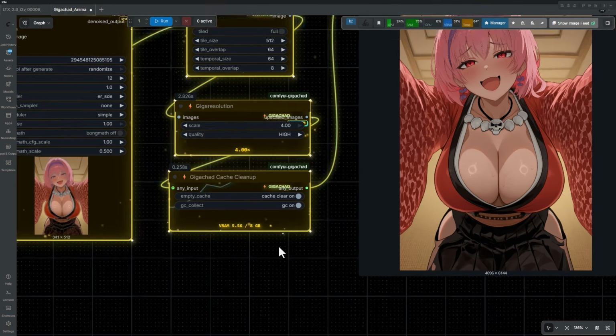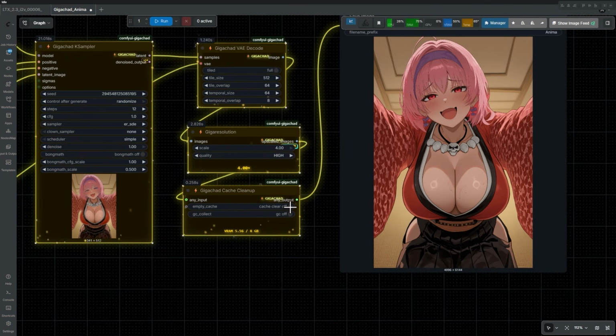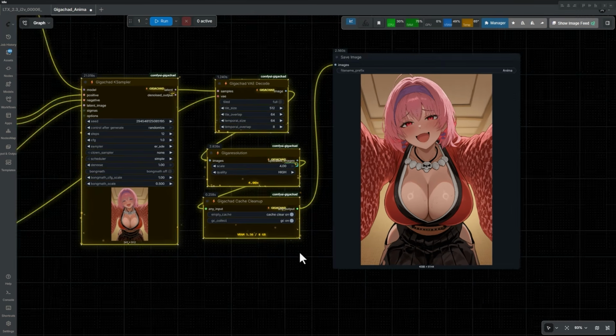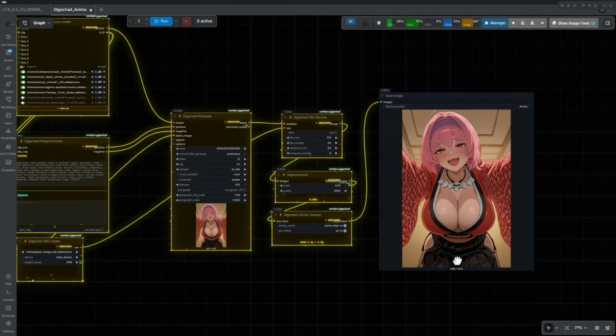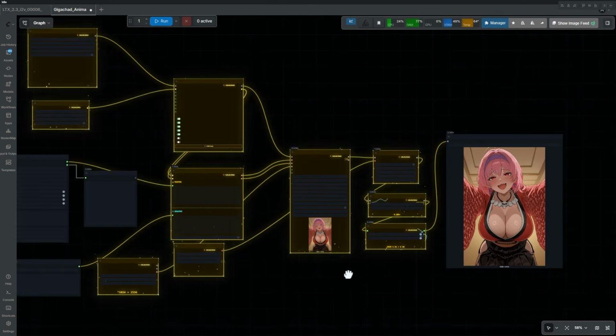I've also thrown in a cleaning up the VRAM and cache. You can turn that on or off if you want to quickly empty it. So that's just a good practice, so you don't get any buildup as you're generating. My Anima workflow,